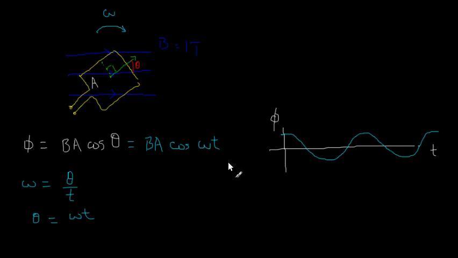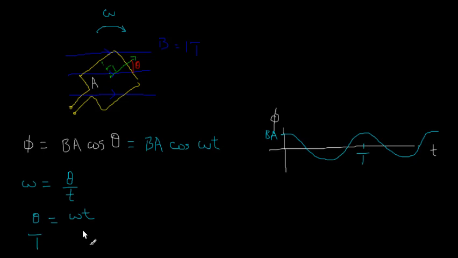Okay, and the amplitude. So we can take over all that we learned about wave motion and circular motion. So the amplitude would just be the number that multiplies the cosine function. So that would be BA. That would be the maximum value. And then we have this idea of a period, the time for one cycle. I'll call that a period. And from circular motion, we know that the period is equal to,